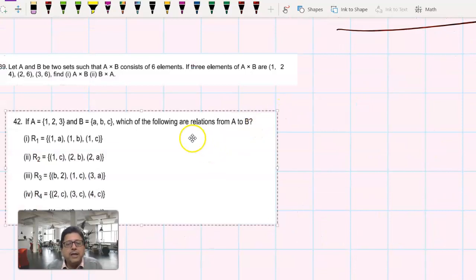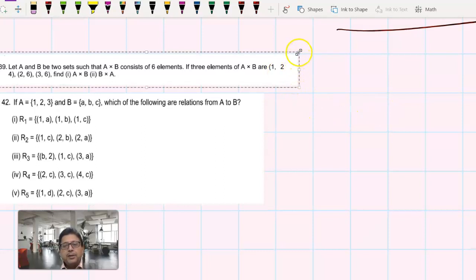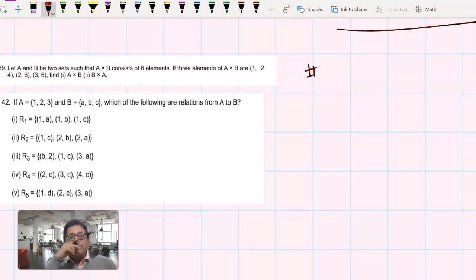Now how to solve a sum like number 39? We are not doing those sums based on types of relation, but based on Cartesian product and relation we are doing now. So we will continue doing sums based on the concept of Cartesian product and relation. Here in sum number 39, A and B are two sets. A cross B contains 6 elements, and 3 elements are given. So when you are saying that n(A cross B) equals 6, then how many